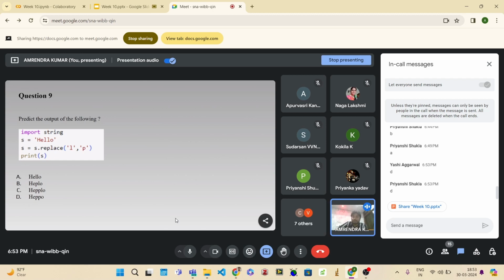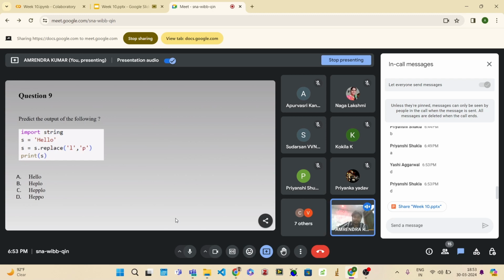Which of the following will be correct? Option D. Okay. Yes, Agrawal and Priyanka Shukla, both of you are correct because all the characters,